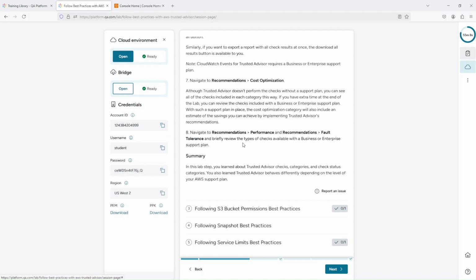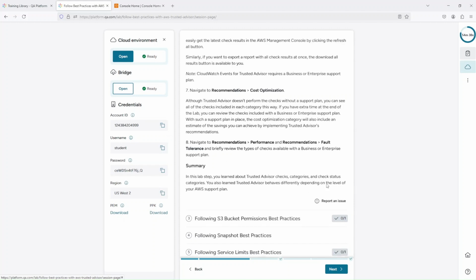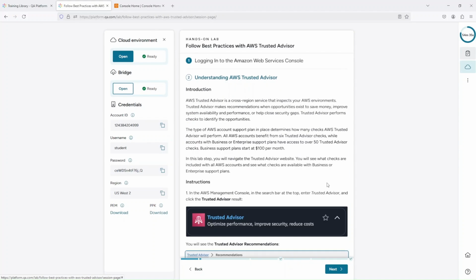Navigate to recommendations, performance and recommendations, fault tolerance, and briefly review the types of checks available with a Business or Enterprise support plan. Summary: in this lab step, you learned about Trusted Advisor check categories and check status categories. You also learned Trusted Advisor behaves differently depending on the level of your AWS support plan. So here we don't have anything to validate,